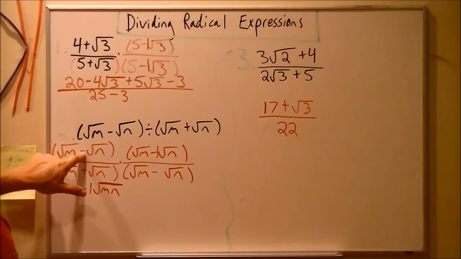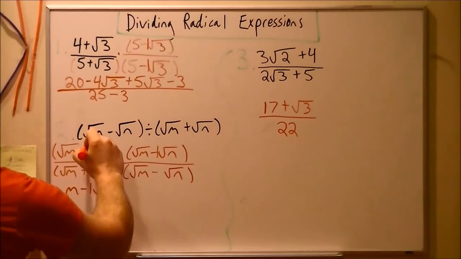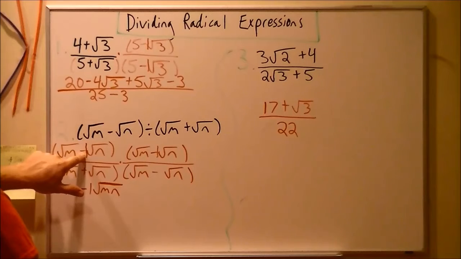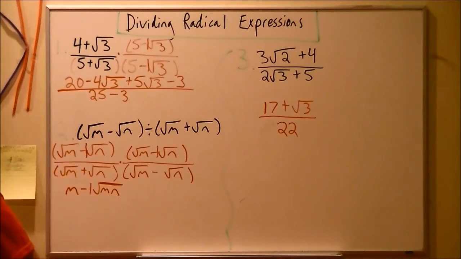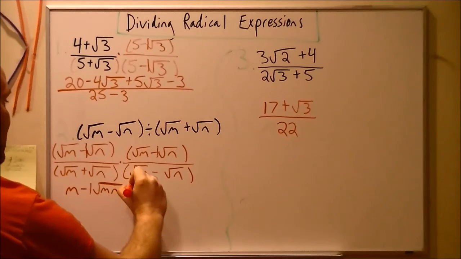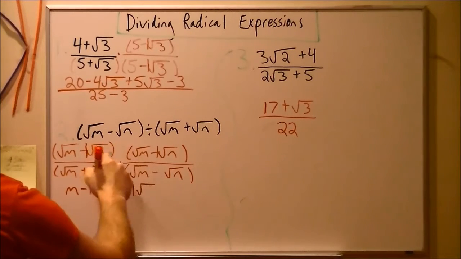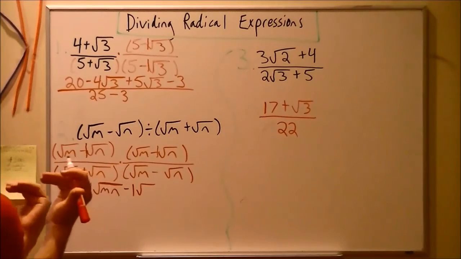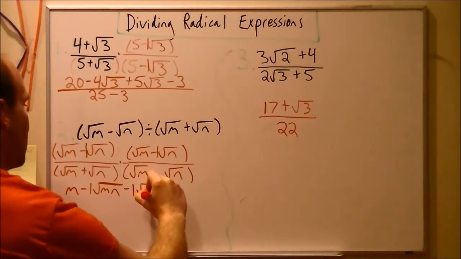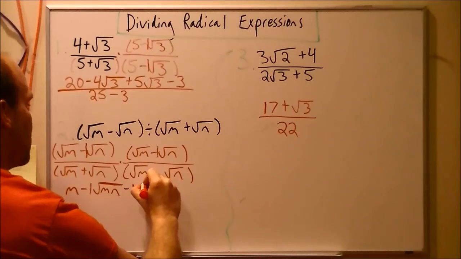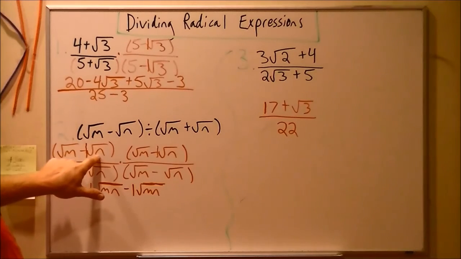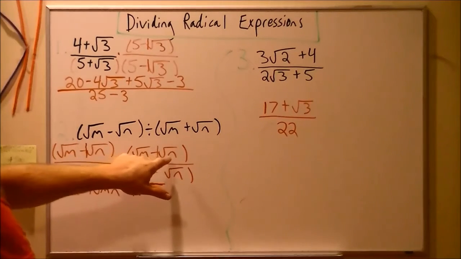Now we have negative n, and that's understood, a 1 between there. We can go ahead and write that if we want. Negative 1 square root of n times the square root of m is going to be another negative 1 square root. They're both under it, so let's just put them into the same happy family. Let's make them reconcile their differences and no longer be divorced as a square root family. So minus 1 square root mn again,